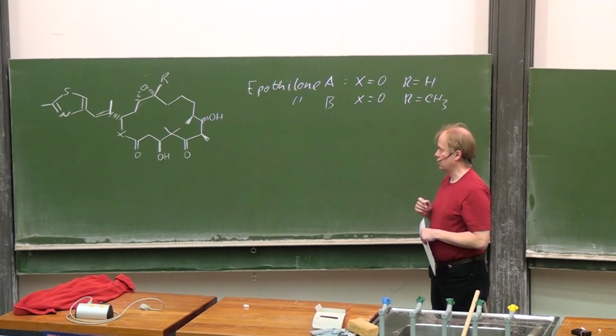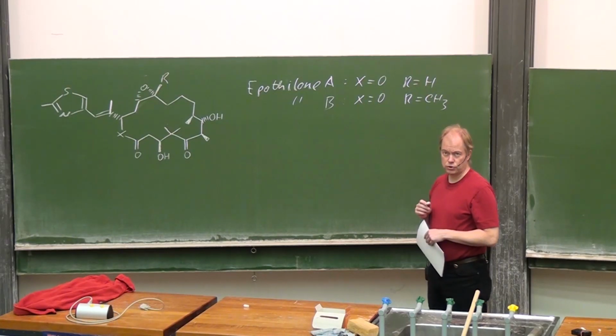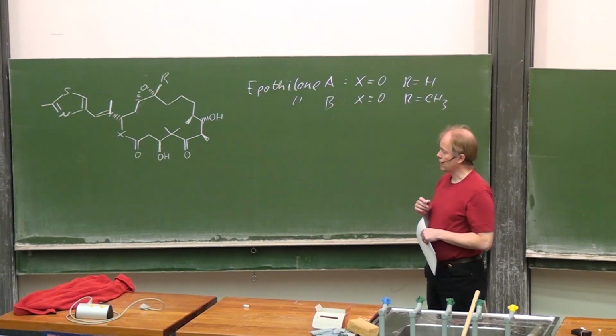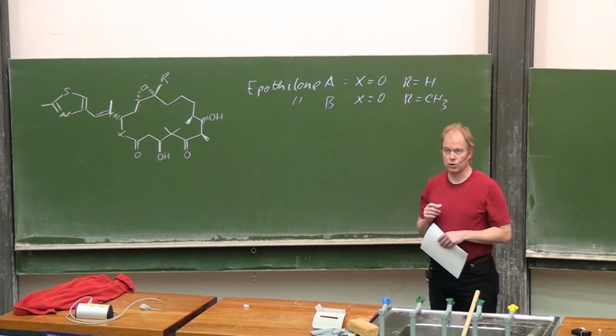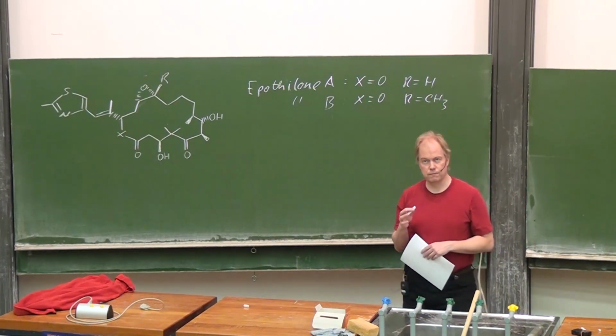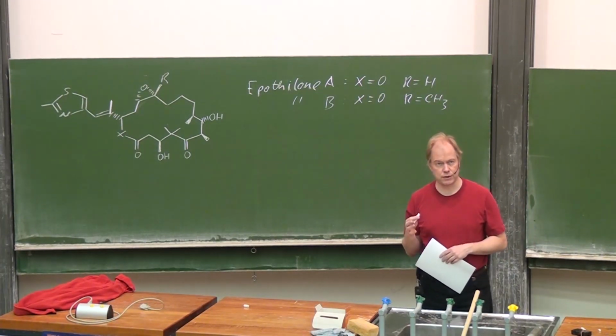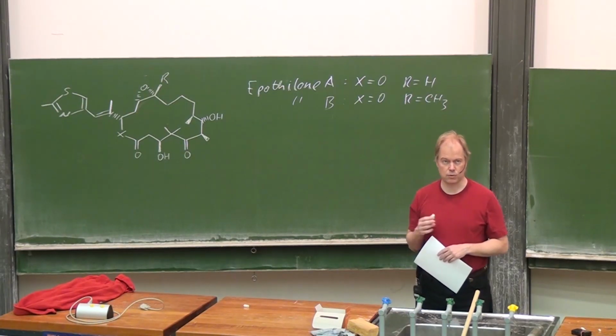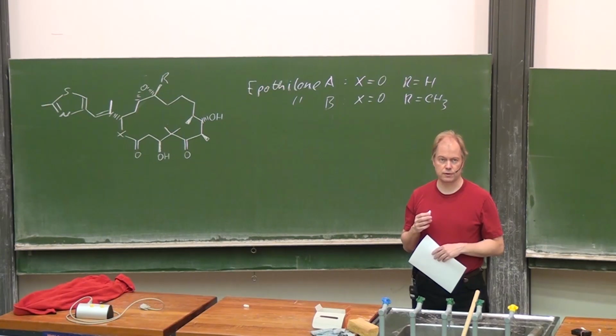Actually, it was isolated in Braunschweig from a sample of mud from the shores of the Zambezi in the Republic of Congo. And it became very interesting since it was found out that it is very, very active against cancer